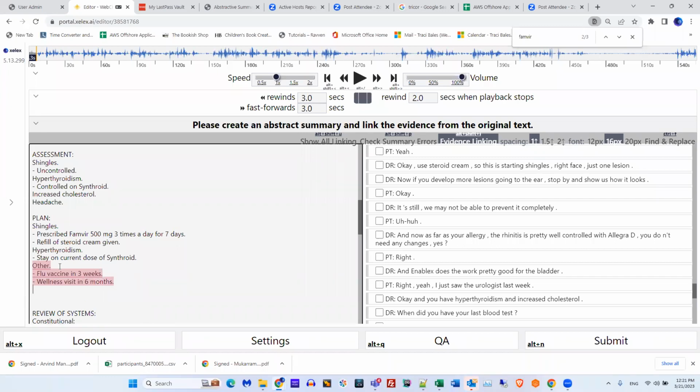Or, for instance, let's say that this person got a refill at the end of the visit. She says, "Oh, hey doc, I need a refill on Ambien." But again, they never discussed sleeping issues, and they never discussed insomnia. So that refill does not fit under any of your plan conditions. So you have to put it under other.